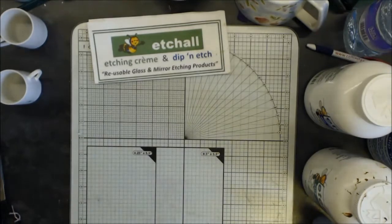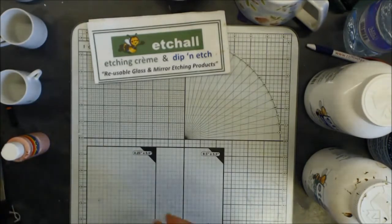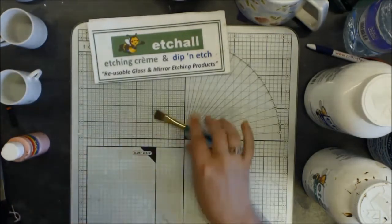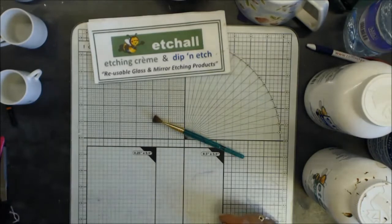Now, based on what colour to do the next one in. Now, where's my brush gone? Oh, there it is. Okay. Oops, I forgot to wash that. It's got glue on it now. There we go. Powder on it. Oh, right. We're going to use